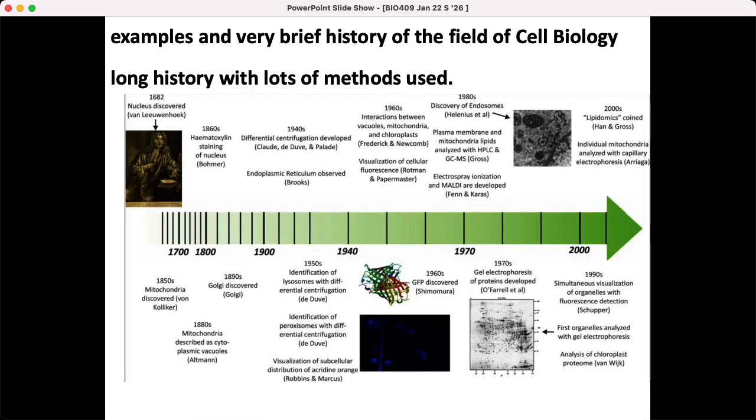And here's just a little history, and I mentioned that it really got going in the 1940s and 50s with the advent of electron microscopes to view eukaryotic cells and say, what's that thing? Well, it's the mitochondria. And in fact, mitochondria was first identified under a regular light microscope 100 years before that, but nobody had a clue.